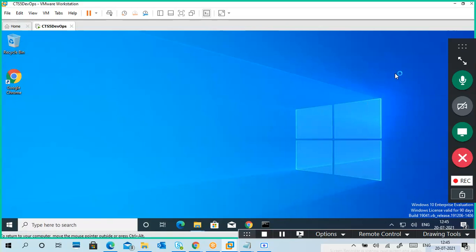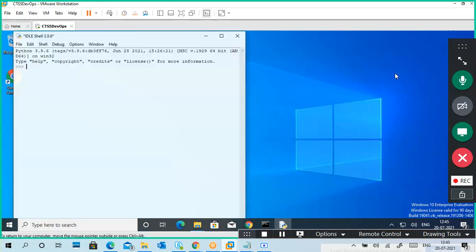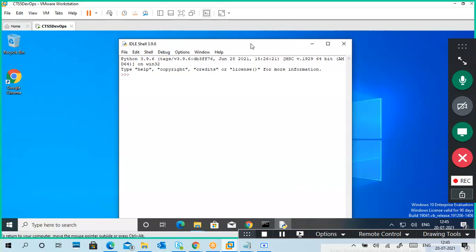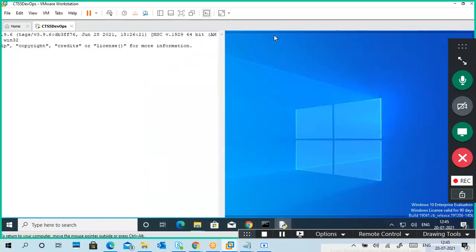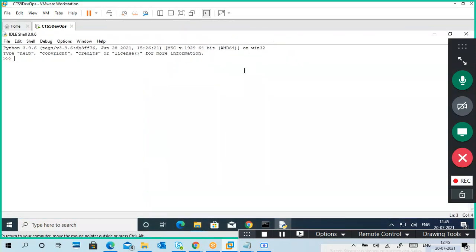When you install Python, the main executable things will be installed, and it will also provide a small shell kind of thing. That is IDLE. Okay, it is not a complete IDE, but ideally it will help you to do work.